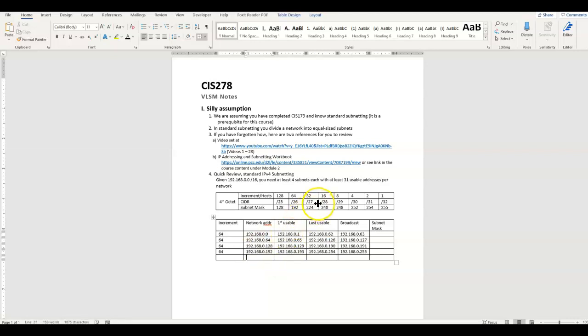And now our subnet masks, and if we look up here at the 64 and the 4th octet, we see that the subnet mask can either be /26 all the way down. I go /26, /26, /26, /26, or I could look at it and say, well, it's the 192 in the 4th octet.